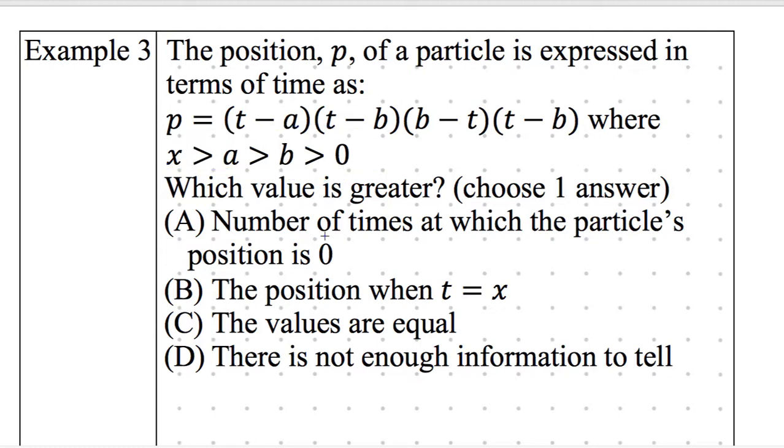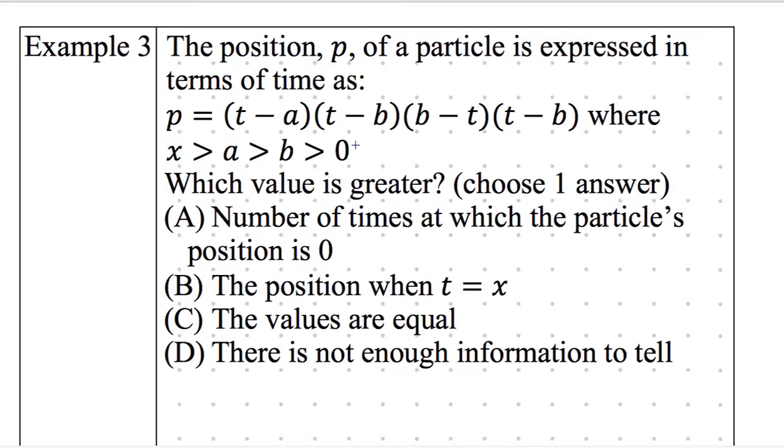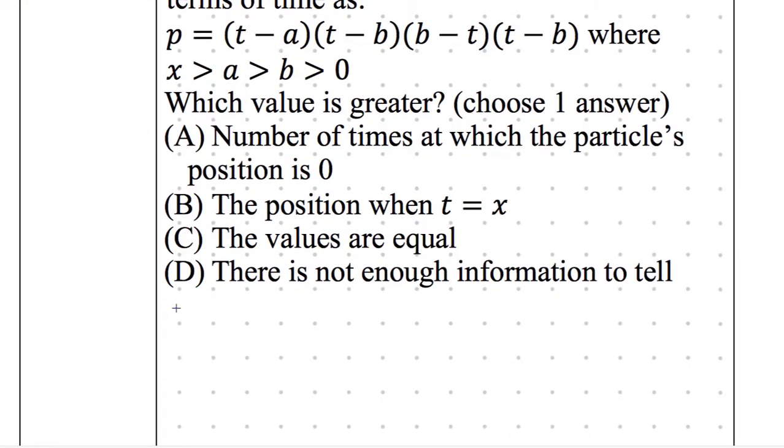All right, the number of times at which the particle's position is 0. Remember, P represents the position. The position is 0 means P, this P represents position. That P is now 0. Yeah, you guys are getting it. Okay, so P is 0, which means I'm going to set each of these to 0. Let's do that down here. So that means that 0 is equal to T minus A